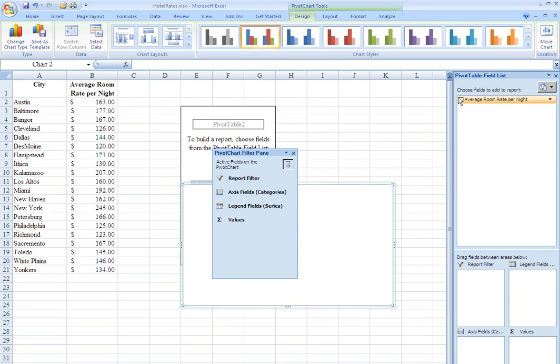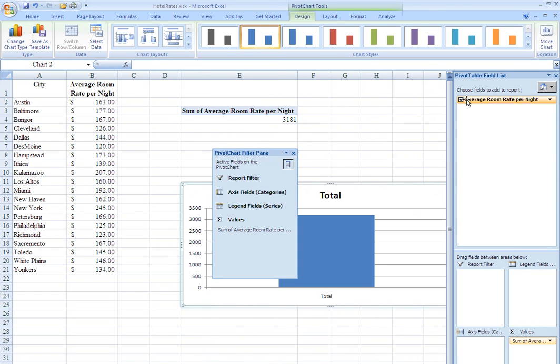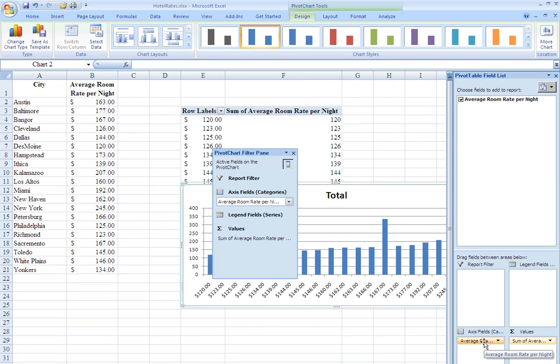It has recognized that there's only one piece of information, so over in my pivot table field list, I can select that. It automatically puts it down here in the values. I actually want it both places, so I'm going to drag it down here and put it in the axis fields, or it's also the categories area. And if you look over here, what it's done is it's identified each unique room rate and put it as a row, and then it summed those over here, but I don't really want to sum,